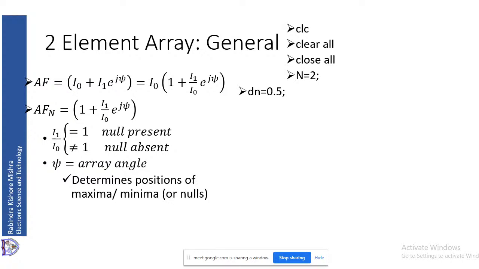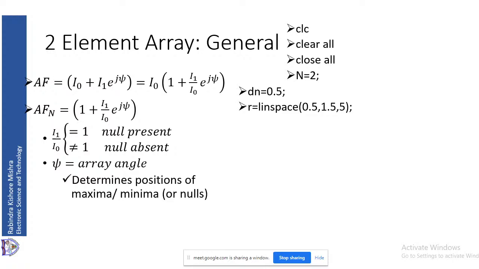Then n is equal to 2, n is the number of elements. dn is equal to 0.5, that is the separation between the elements. dn is the separation between the elements, that is 0.5 in terms of lambda, so 0.5 lambda. So in terms of wavelength, normalized d in terms of lambda, dn is equal to 0.5. That is what I am writing. Then